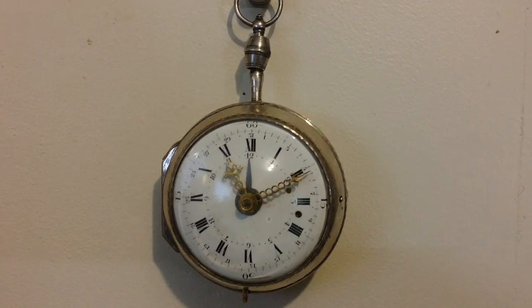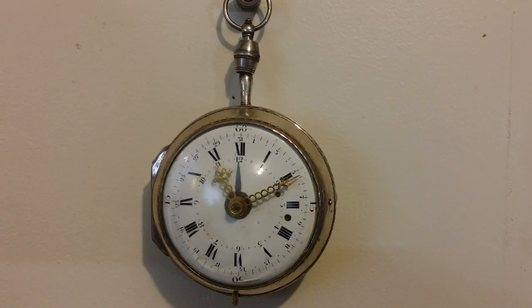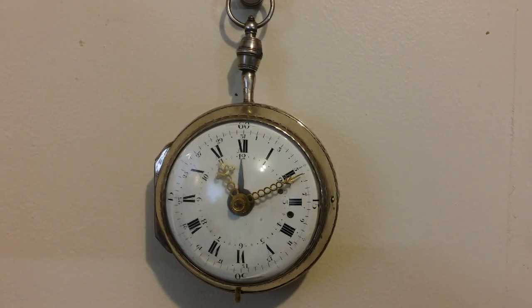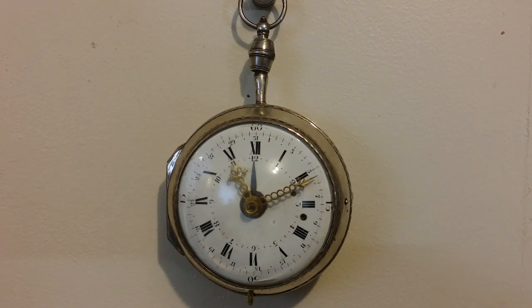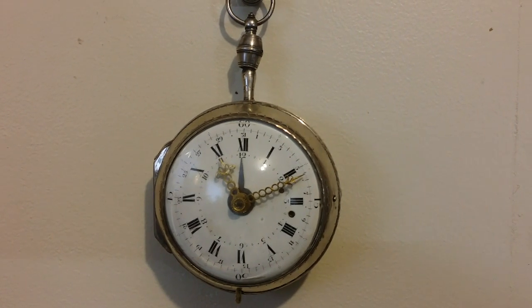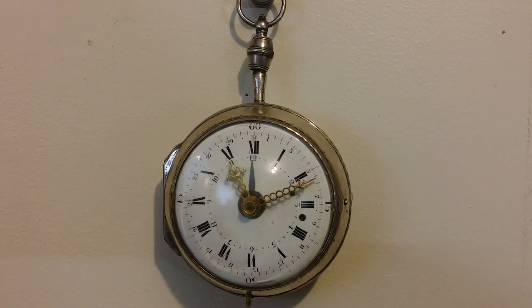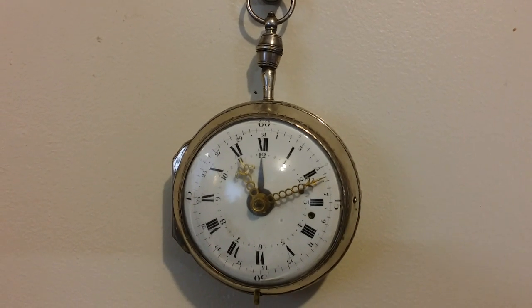Once I addressed that issue, I ran it 3 days, and it ran the full cycle, no problems, no issues. I thought it rather peculiar that it only ran for about 23.5 hours, not a full day, a full cycle. And so I put it in the case, and with the hands on it, hung it up just like this, and ran it for a full day